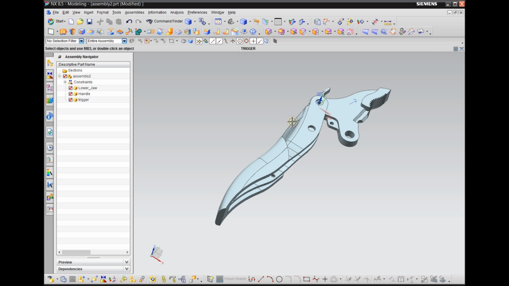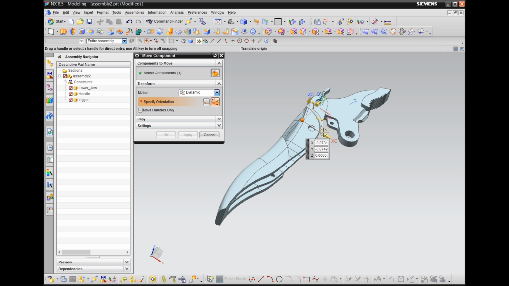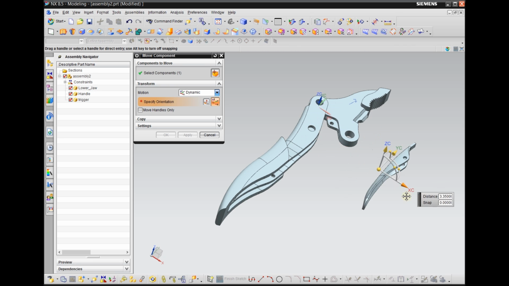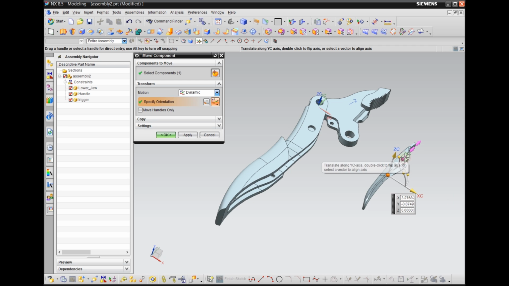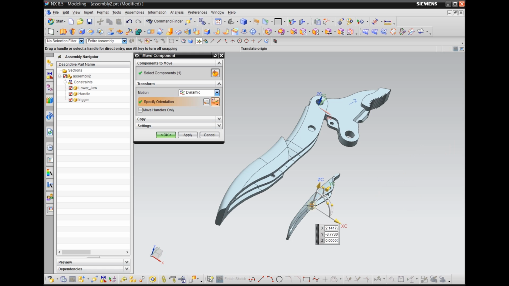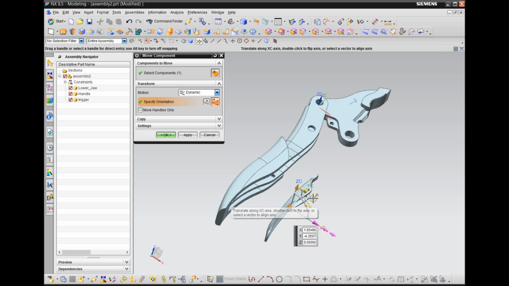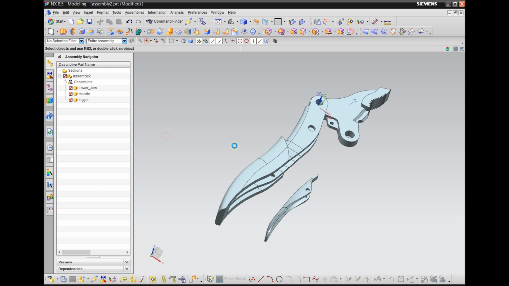We can click on this part and choose move. Now we can move this trigger away from that mess and move it maybe close to this hole. Okay, and since there's no constraint, you can move in all directions. Click OK,